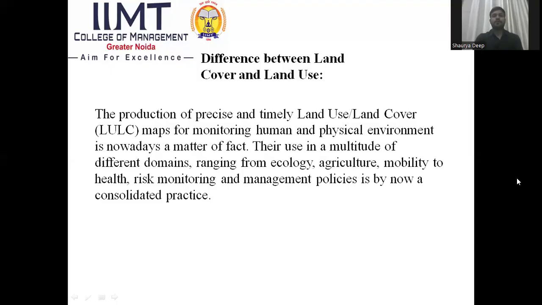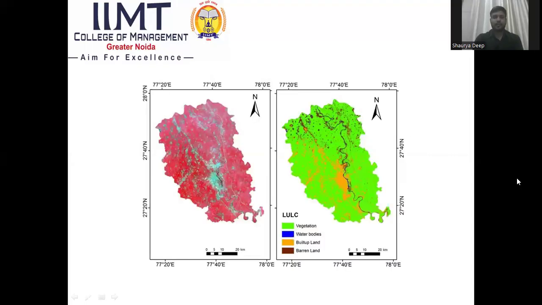So the production of precise and timely land use land cover (LULC) maps for monitoring the human and physical environment is nowadays a matter of fact. They are used in a multitude of different domains, ranging from ecology, agriculture, mobility to health risk monitoring and management policies, and is by now a consolidated practice. Here is the diagram of LULC,